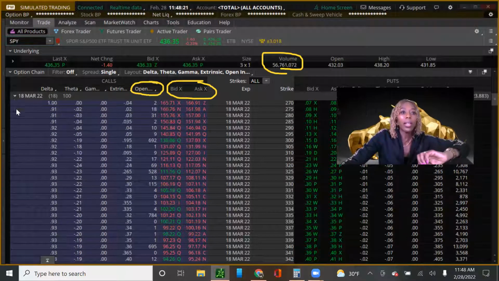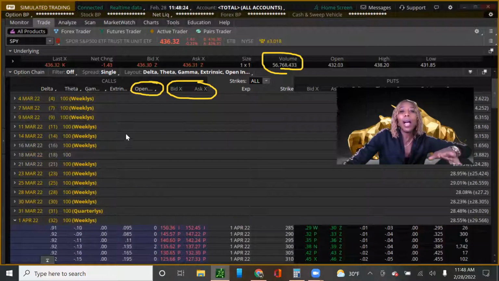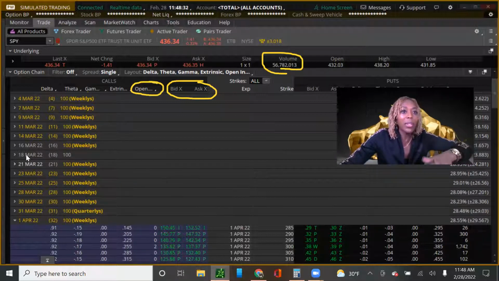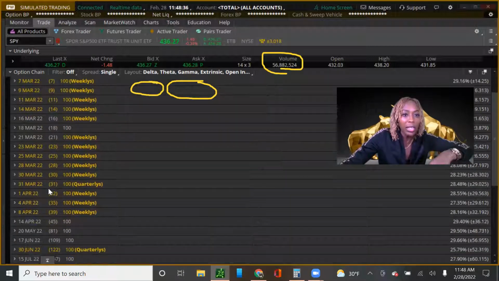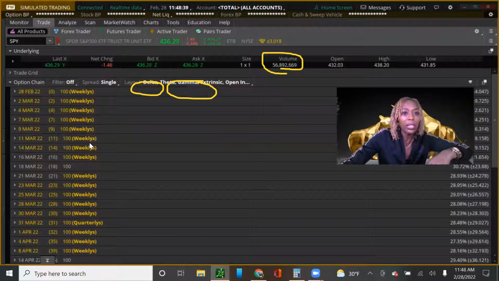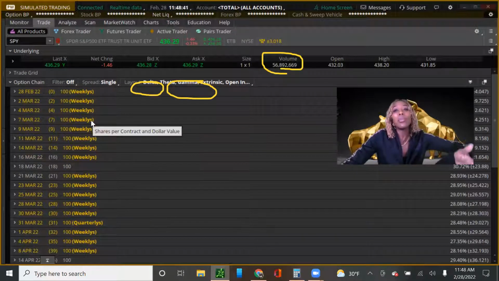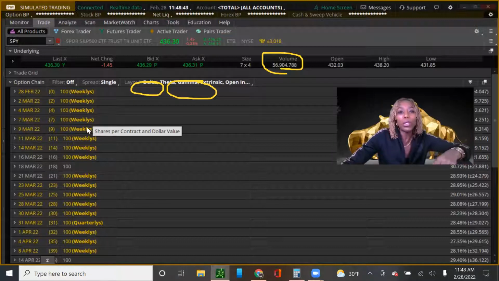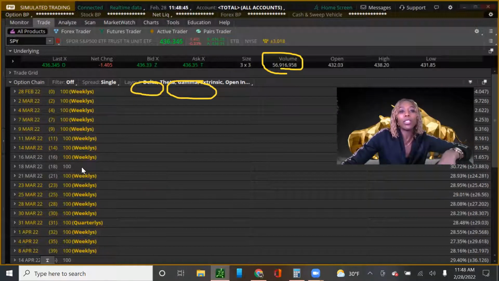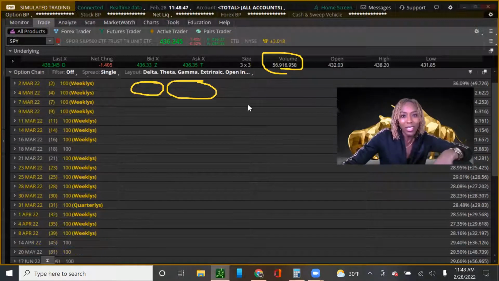The third takeaway is you want to trade options that are highly liquid, that more people are trading. Which options are those? The ones that expire the third Friday of the month. So the next expiration is March 18th, 2022. But if you look at the option chain, it'll tell you right here. So these are the weeklies, and you can trade them. They're just not going to be as liquid, not as many people trading them as the ones expiring on the third Friday of the month. Okay, so that's all that means.